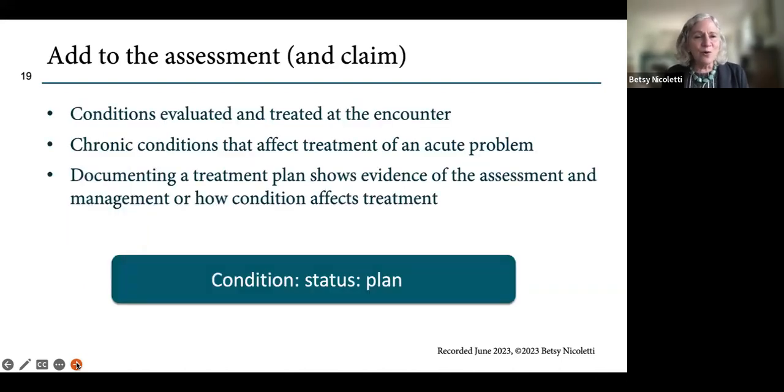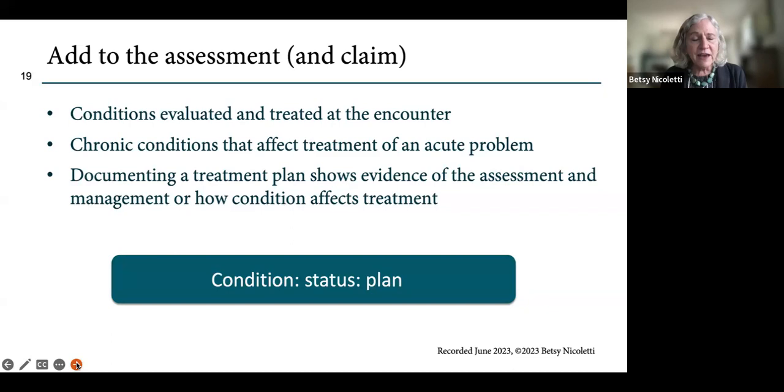So we put on the claim form conditions evaluated and treated at the encounter, and chronic conditions that affect the treatment of an acute problem that the clinician has noted. I don't go up to the past medical history and say, oh, I think that affected this treatment. I'm looking for what the clinician says. We want to see a documented treatment plan that shows evidence of the assessment and the management or how that condition affects treatment.